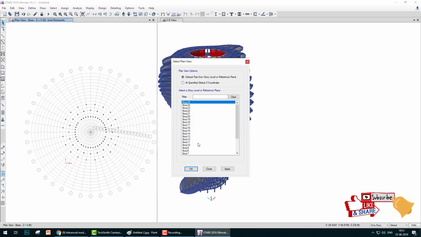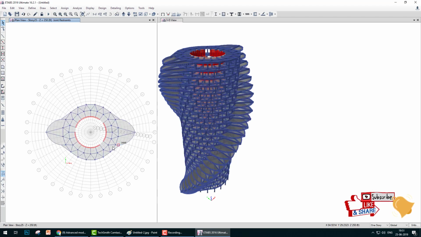Now go to the top view. This is the top view, and if we analyze this,